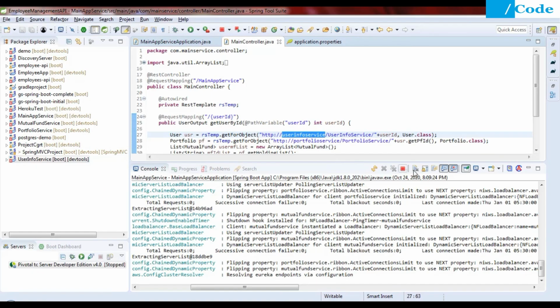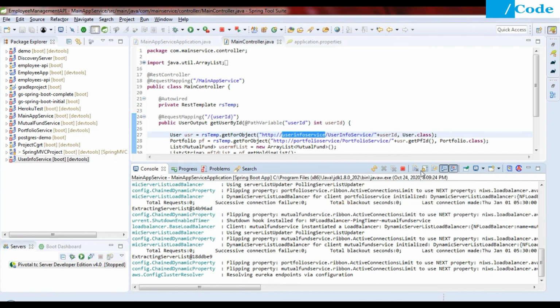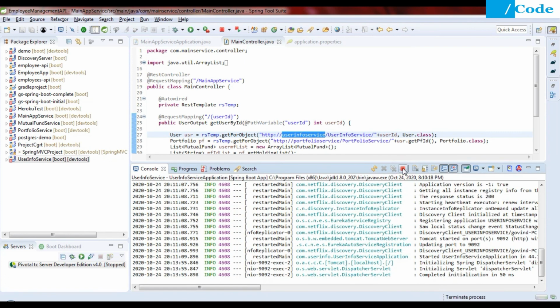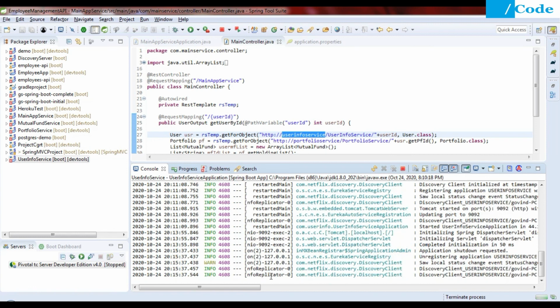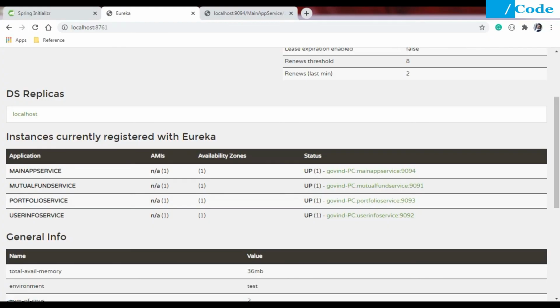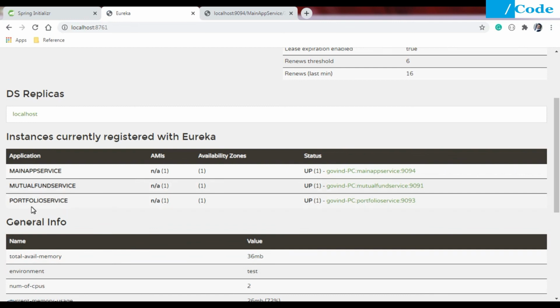So if I make some service go down, let me bring down the user info service, so that we can directly identify this service from the front end also. In a production environment, whenever any application or service goes down, we can directly check the status. It will just become invisible from this dashboard.